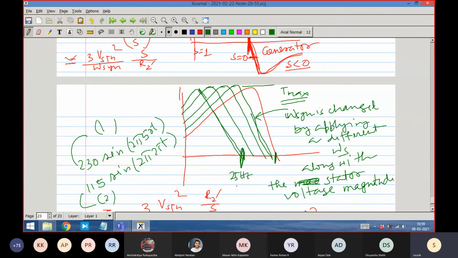Corresponding to the machine may have poles, a 4-pole machine. So it may be 2 pi into 25 Hz into 2. That may be there. So corresponding to 25 Hz, this is the case. What I am trying to say is that even in this case, the peak value of the torque will be unchanged. Peak value will come, we can see from the expression.